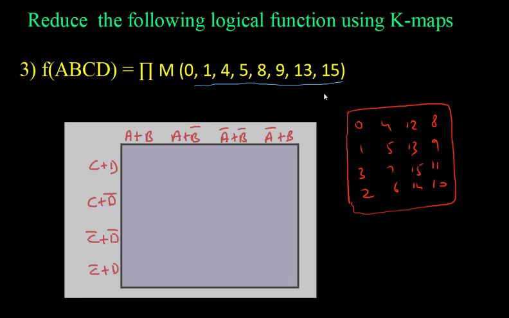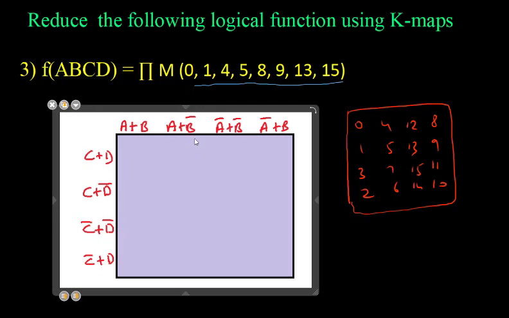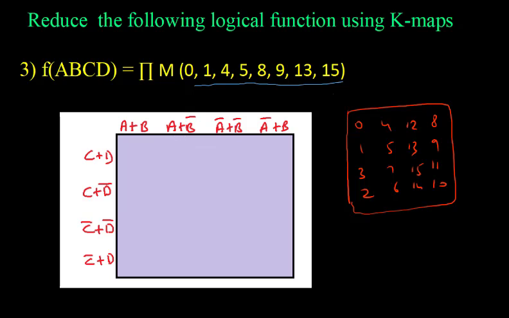So this is a POS K-map. Now we do the entries. Whatever cell numbers we have with respect to this particular case, we have to put them as 0. So 0 will come here, and change the marker, take the yellow one. So this is 0. Then 1 is here, then 4, then 5,